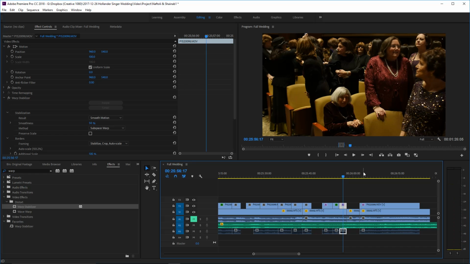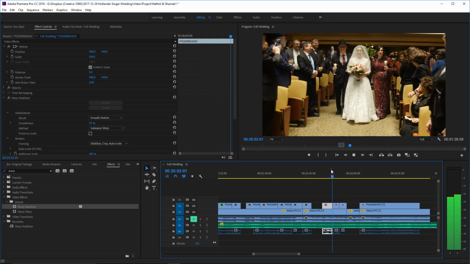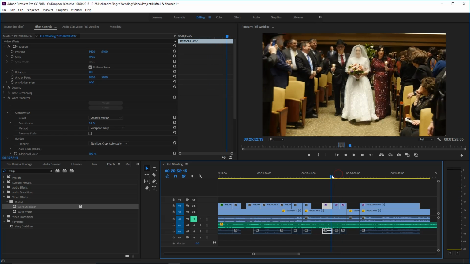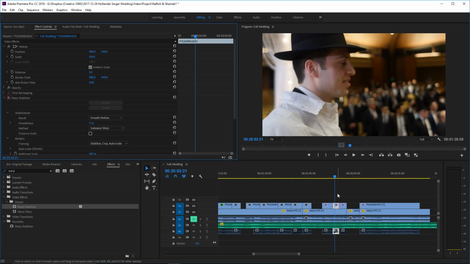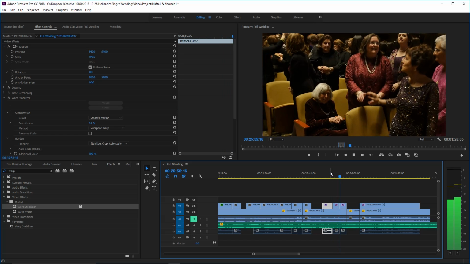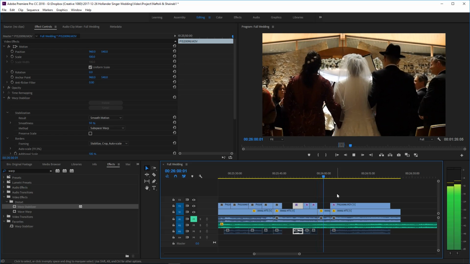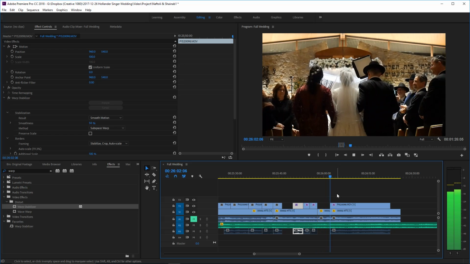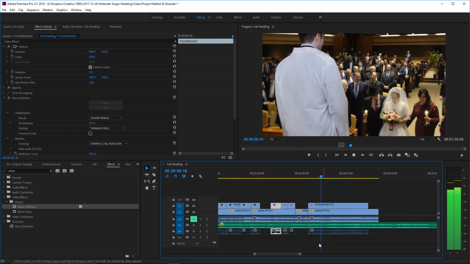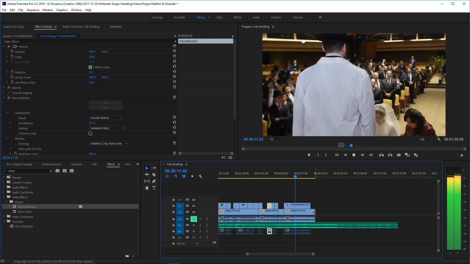Zooming in creates a little bit more of an emotional shot, so that doesn't work for me. We're just gonna have to leave it shaky. I really want that shot in there. Okay, we're gonna leave it. It's a quick shot.